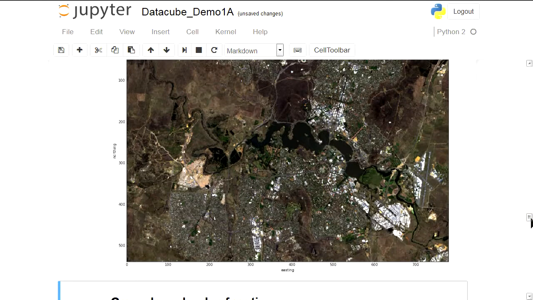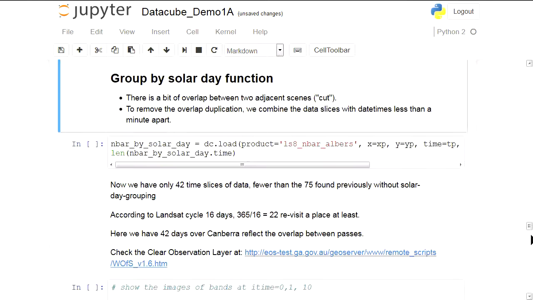So you see the lake? I mean, whether it's clear or not from your perspective, that's the Canberra region, that's the RGB image. All right. So the demonstration is here.